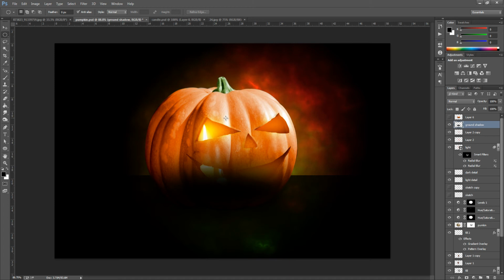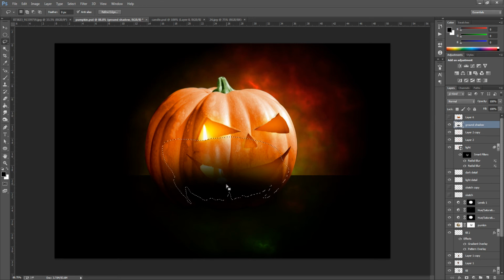and obviously it's covering too much, so we need to delete some bits now. So we're going to go to the lasso tool, which is just underneath the elliptical tool, so click that, and we're going to make a shape just following around the pumpkin a bit. Now this is a hard bit because you have to do a bit of freehand work on this, so I'm going to give you a guide, and you can pause the video and come back and see what it should look like. So I'm going to make my selection now.